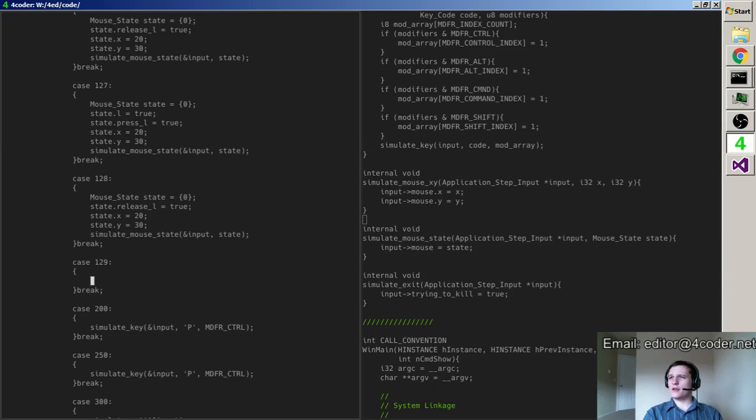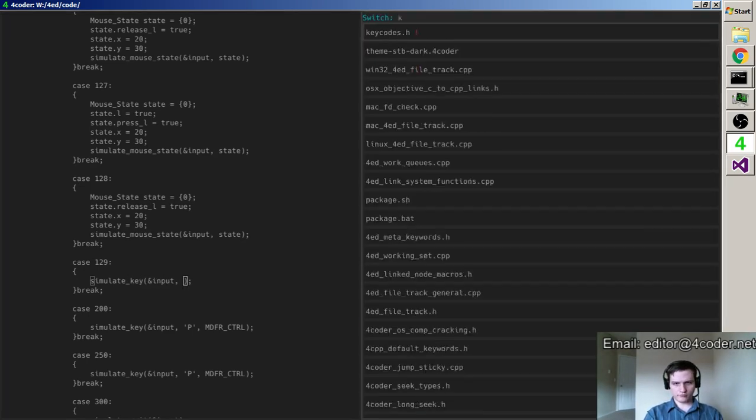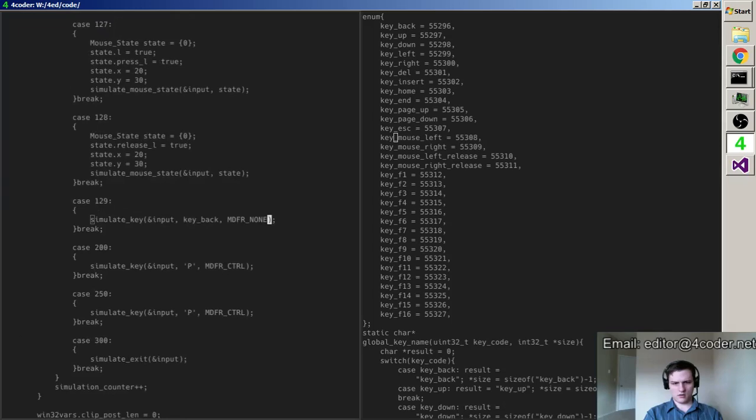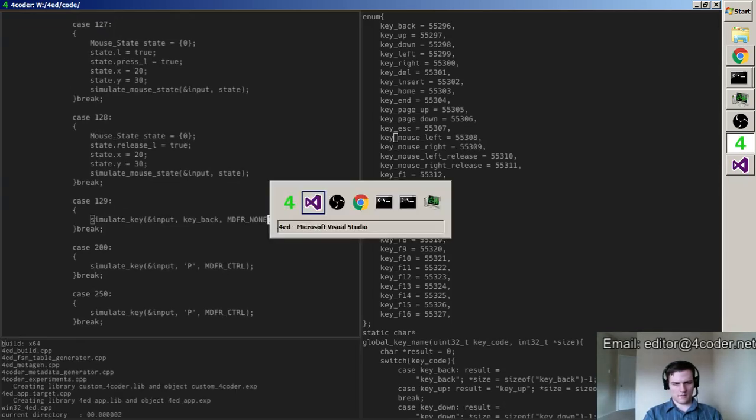What was I gonna do here? Simulate key input, key back, modifier none. Alright, let's see.